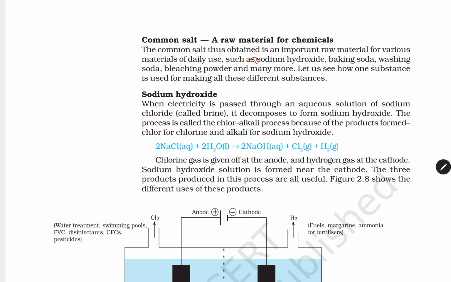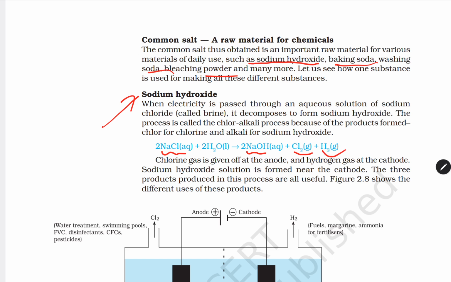So what are they? Sodium hydroxide, baking soda, washing soda, bleaching powder, all these substances we are using in daily life. So first, how to prepare sodium hydroxide? When electricity is passed through the aqueous solution of sodium chloride, it decomposes to form sodium hydroxide. Here it is clearly mentioned. So NaCl, when it undergoes the electrolysis process, gets decomposed to form NaOH, chlorine gas and hydrogen